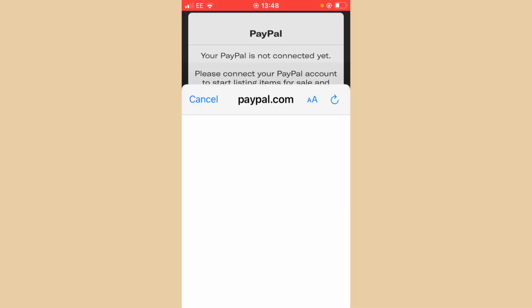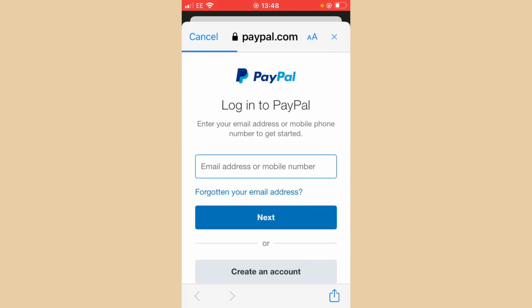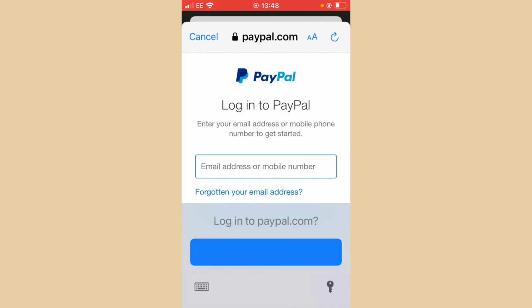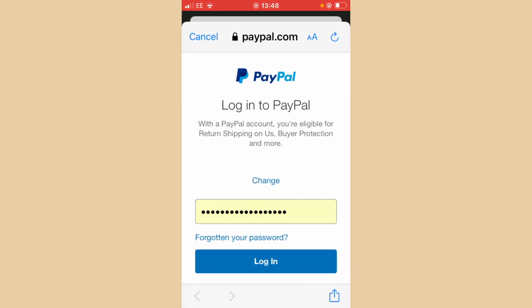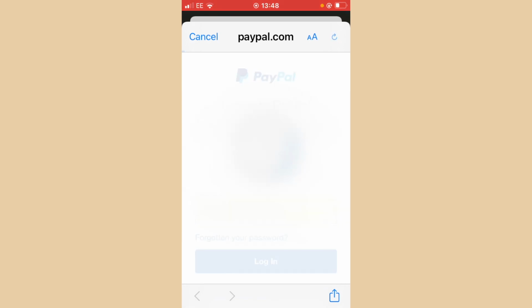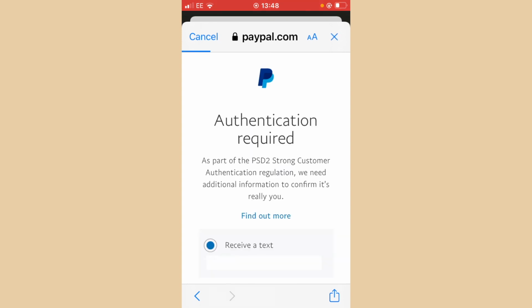If you're not already signed into your PayPal account, this is when you will need your sign-in details, and you would need to sign into your PayPal account in order to connect it to your Depop account. Have your sign-in details ready and enter the email and password combination of your PayPal account. Depop is now communicating with PayPal to connect and process the right permissions so that you can start using PayPal